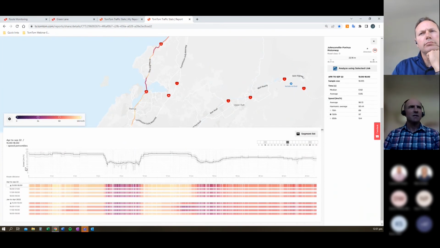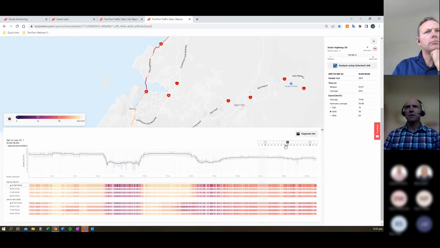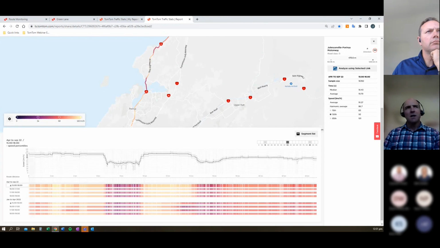And you can see in this case the speed, and it's also showing the 50th and the 15th and 85th percentile. And it clearly shows, in this case, if we have a look at what I'd call the current pattern, so what's happened after Transmission Gully has opened,